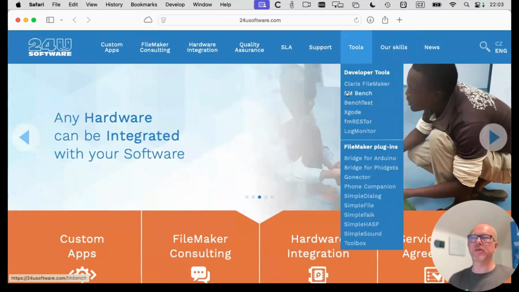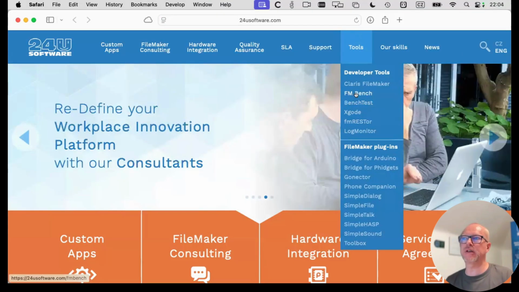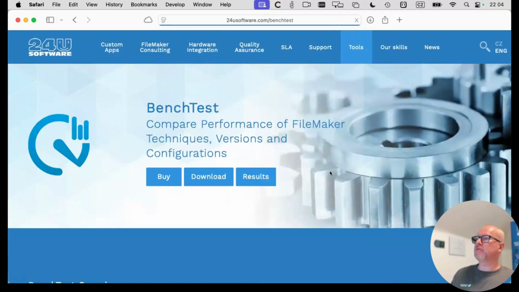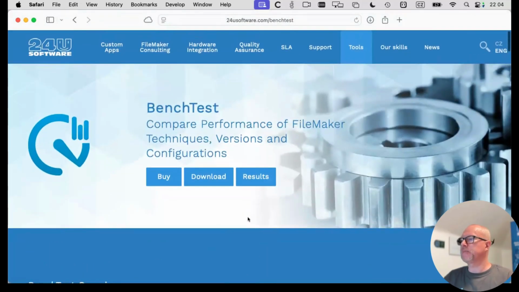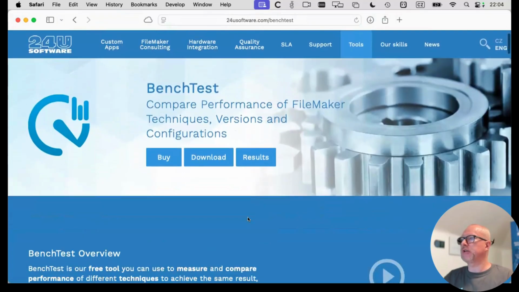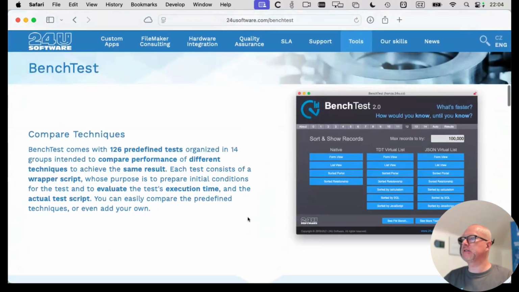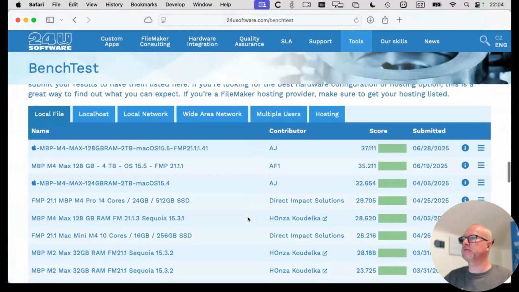FMBench is for benchmarking and finding bottlenecks in your solutions and optimizing them. And Bench Test is for testing how fast your configuration, FileMaker version, whatever is, and comparing it with other configurations. After you run the test, you submit the results and you can compare them with the results submitted by